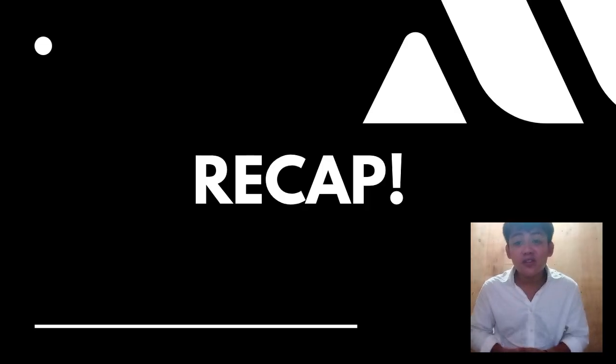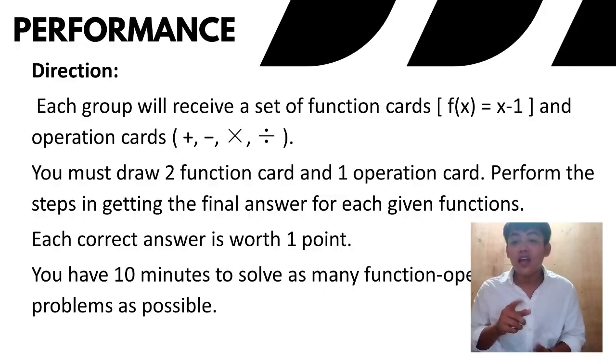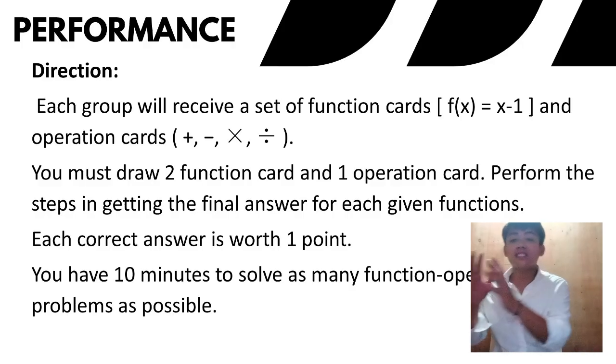So, what is the restriction for the quotient of the two functions? The g of x must not be equal to 0. Okay, very good, that is right. The g of x should not be equal to 0. Since you have understood well our discussion, let's apply that understanding by having a group activity. In the class, I will divide you into two: this is group 1 and this is group 2.